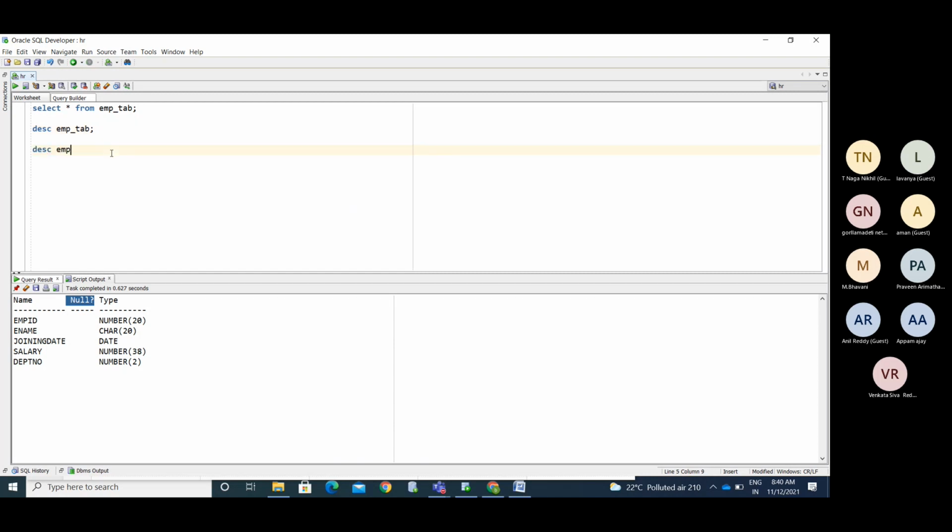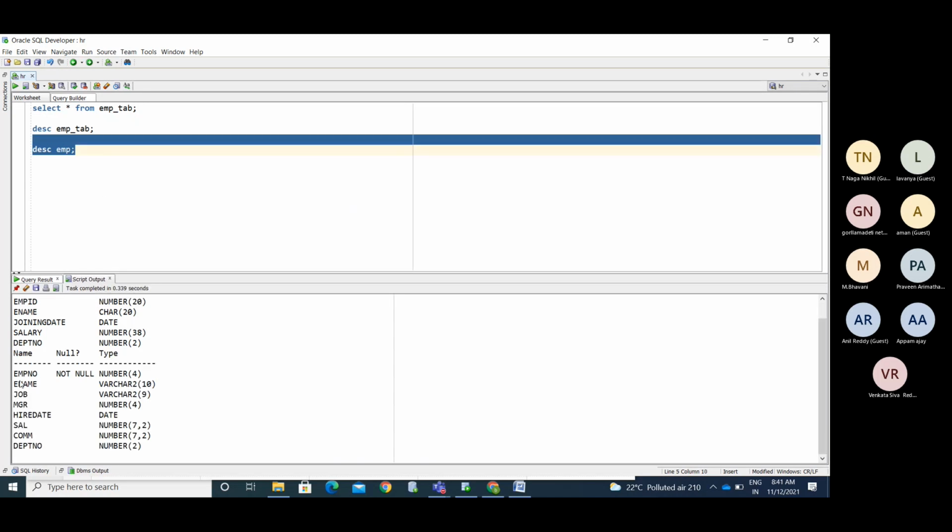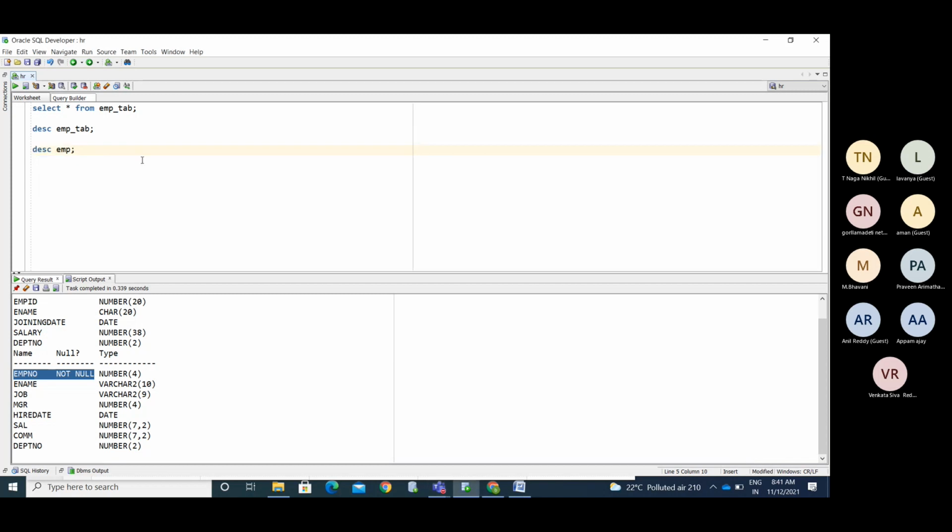See for the EMP table, for employee number, it is showing not null. So this column has the not null constraint.